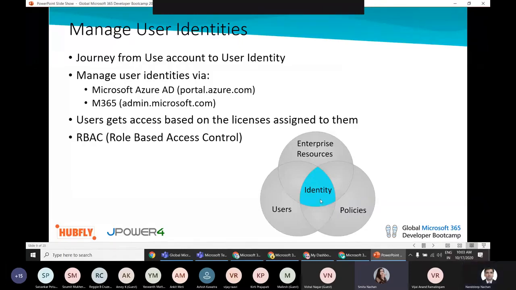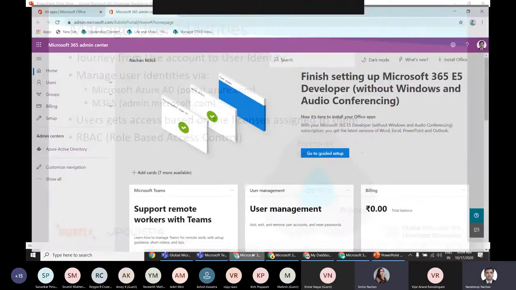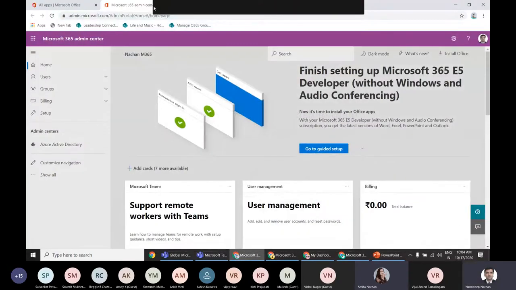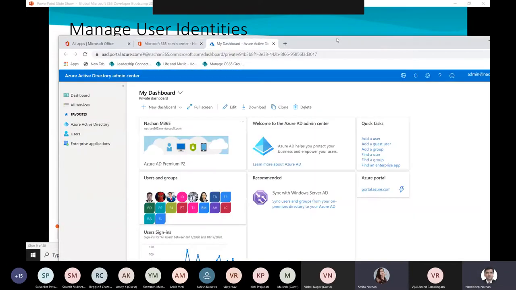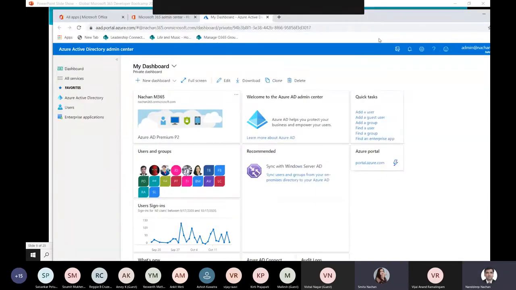There are multiple ways to manage the user identities. The Azure AD Portal gives more options to manage the identities. On the other hand, the Microsoft 365 Admin Center provides more user-friendly options which are easier to use. So let's see one demo for how to manage user identity. For that purpose, we go to the Azure Active Directory associated with your tenant, and from the user tab,